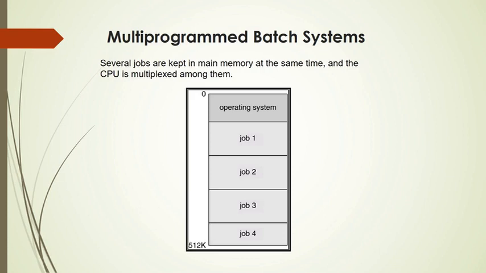So in that case, the CPU switches from job 1 to job 2, and job 2 is being executed. Now when there is an input output instruction coming in job 2, it switches to job 3. So you can see that the CPU is kept busy all the time. So that is the basic concept of multiprogramming. Input output is being handled at the input output processor, and the CPU bound are handled by the CPU. So that is how the jobs switch from 1 to 2, then to 3, and then to 4.